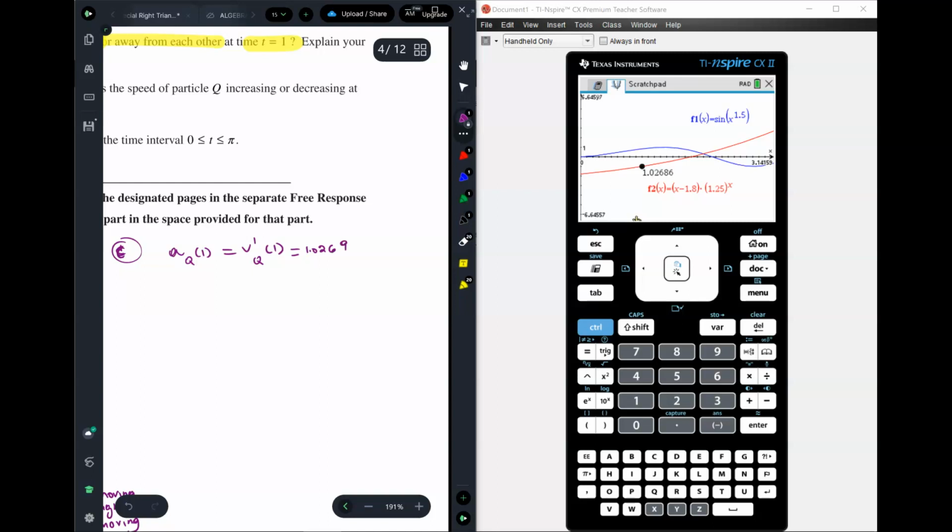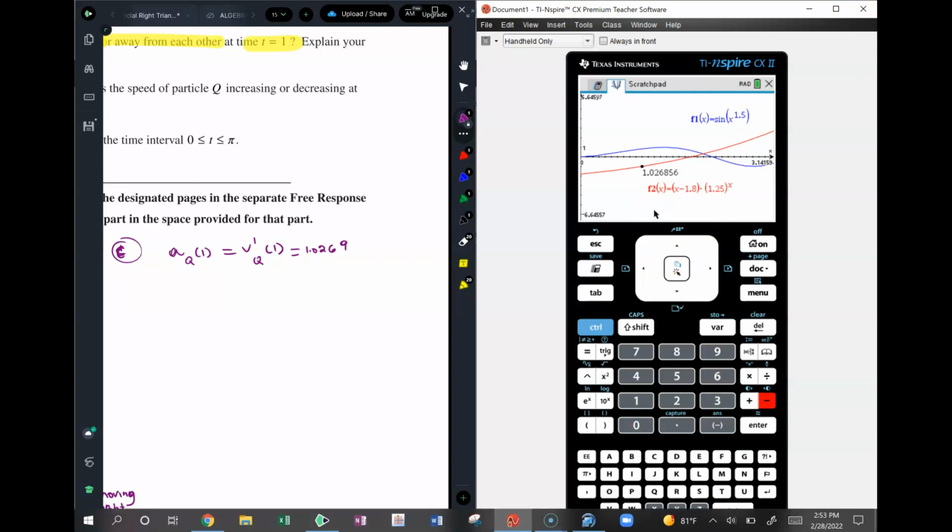So it's 1.0269. How do we explain? I personally have that on the display. How do I get that? I don't think it'll work like that. It does look like that. It does? Okay. It gives me to the 10,000. If you press plus? Yeah, if you push plus right now. Oh yeah, so just press plus. Stevie, look at you. Okay. I mean, it does work. When you find points of intersection, it doesn't work. You have to do it through the menu, but these work. Okay. How did you find